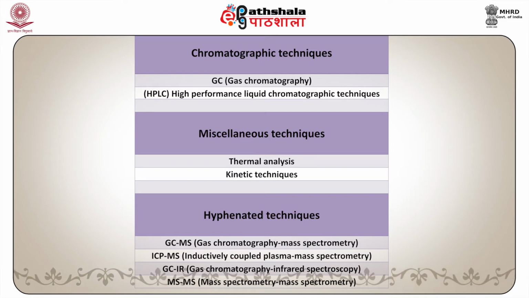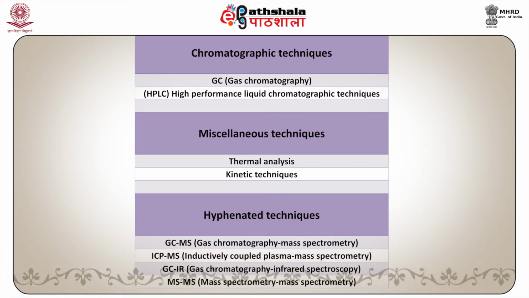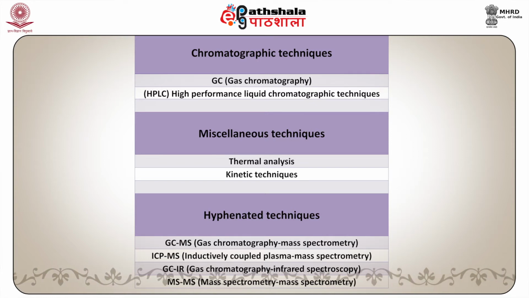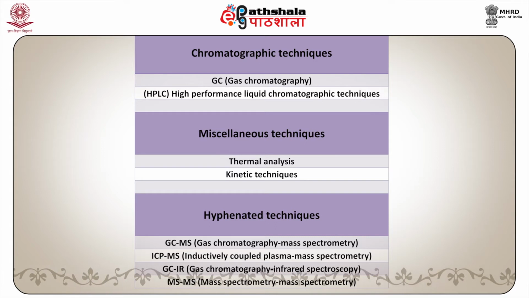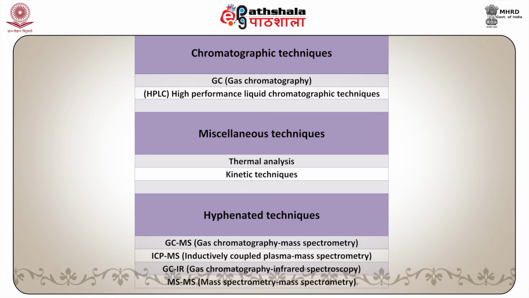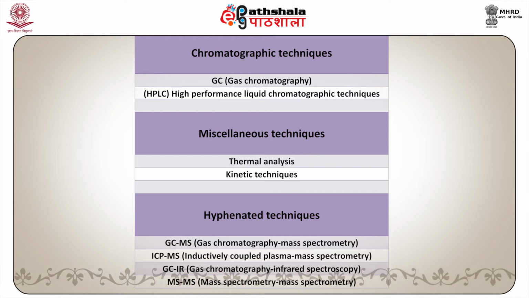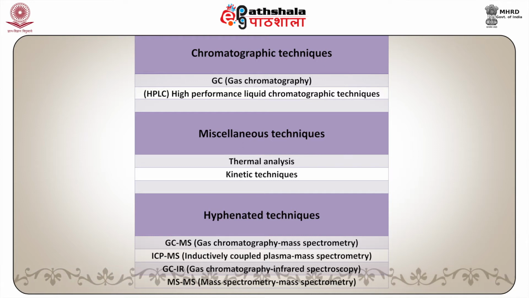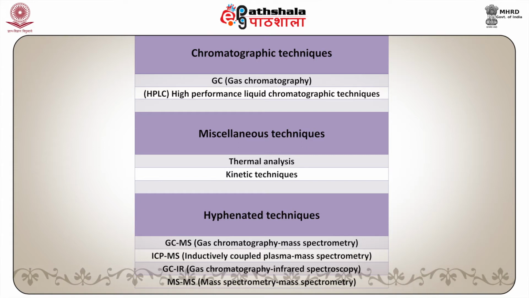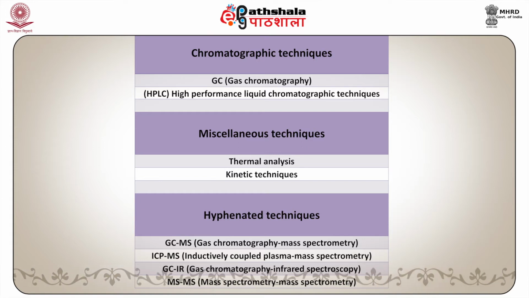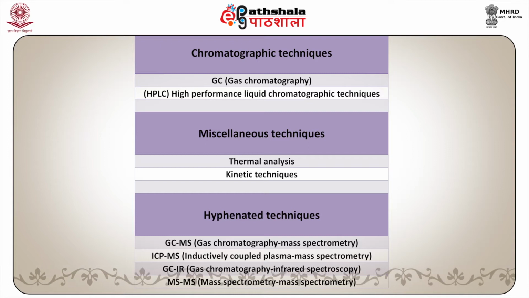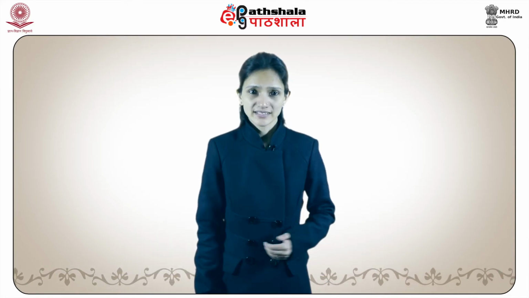Also, there are some hyphenated techniques like GC-MS, that is gas chromatography mass spectrometry, ICP-MS, that is inductively coupled plasma mass spectrometry, GC-IR, that is gas chromatography infrared spectroscopy, and also MS-MS, that is mass spectrometry mass spectrometry. Advances in both chemistry and technology are making new techniques available and expanding the use of